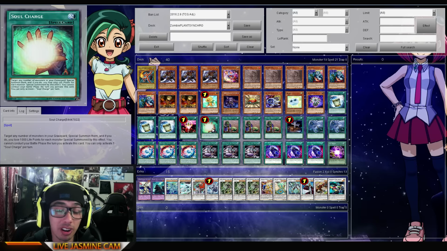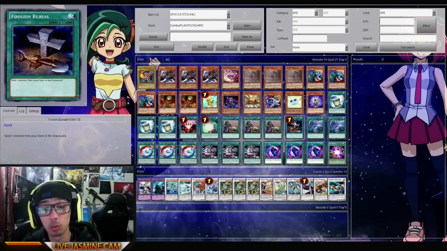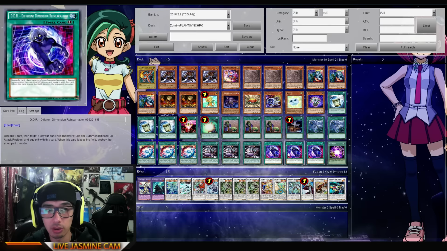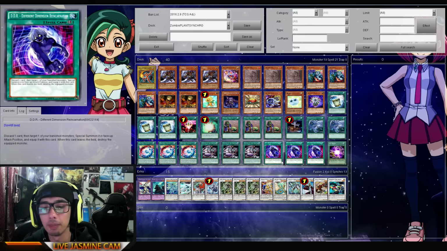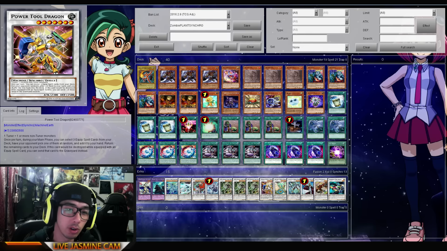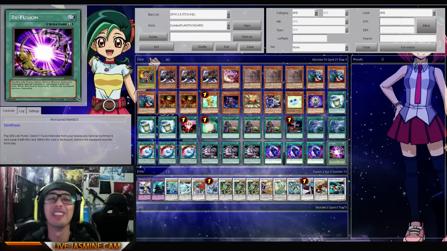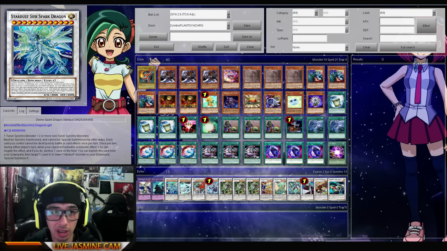Next up, we have 1 for 1. Then there's of course Soul Charge, and then we have 3 Upstart, 1 Foolish, 2 copies of Twin Twister, 3 Brilliant Fusion, 3 Jewels of the Valiant, 3 copies of DDR. So that's why he made the Power Tool Dragon. And some people are like, what if you draw the equips? Well, if you draw the equip, then you just activate the equip anyways. And then 1 Refusion. As far as extra goes, we got the Seraph Knight, we have Norden, we have Stardust